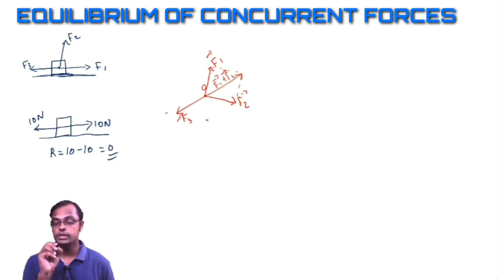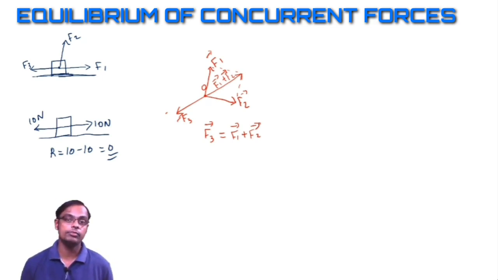If this body is said to be in equilibrium, we can prove it like this. F3 vector should be equal to F1 vector plus F2 vector in magnitude. If these magnitudes are equal, definitely the directions are opposite, right? So what will be the answer? The resultant force acting on the body will be equal to 0. We have said they are equal, but both are acting in opposite directions, so we can write a minus sign. That means we can write F1 plus F2 plus F3 should be equal to 0.